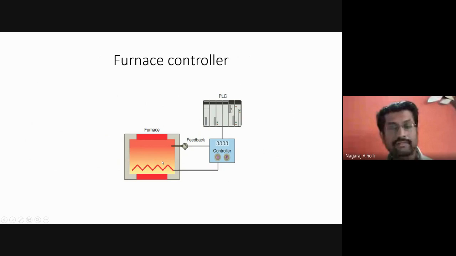Once we measure the temperature of the material inside the furnace, we apply it to the PLC. This is our PLC, or the controller. It displays the value. How much is the temperature of the furnace? That is displayed on the display. Once we know the value of the temperature, if the temperature inside the furnace has not reached the desired value, then what we have to do? We have to increase the temperature of the furnace so that it reaches the desired value. This desired value is called the set point value.